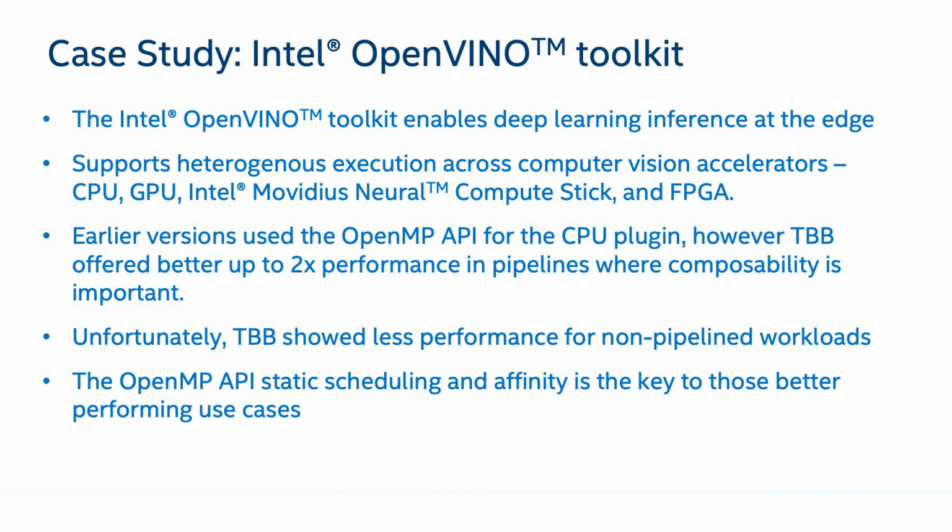But what they saw also was that for some simpler benchmarks, it performed much worse than OpenMP. And that was because TBB was still doing this dynamic work stealing, and we weren't getting those repeated patterns of execution that did well for locality. So working with the OpenVINO team,